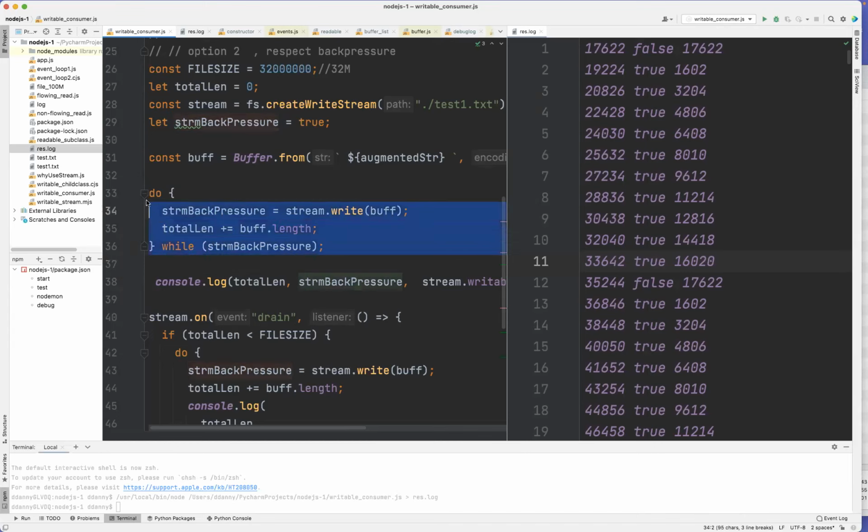That means the loop will stop. So you can see that. And after the stop, we console log this first line. So the total length is 16K, and false means back pressure has come in,